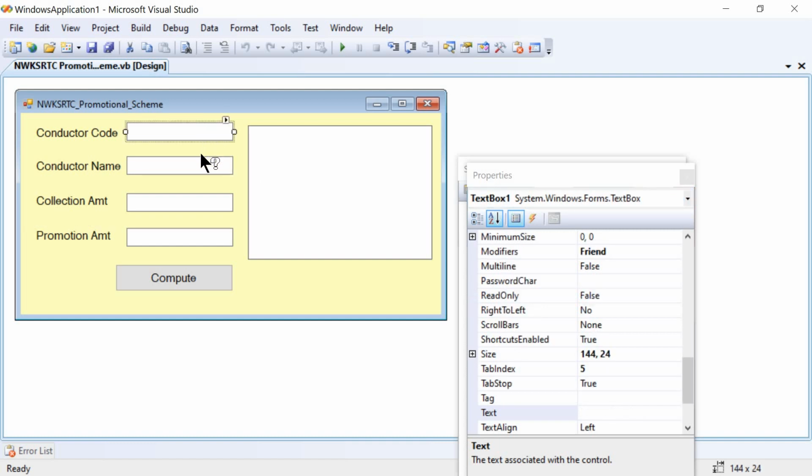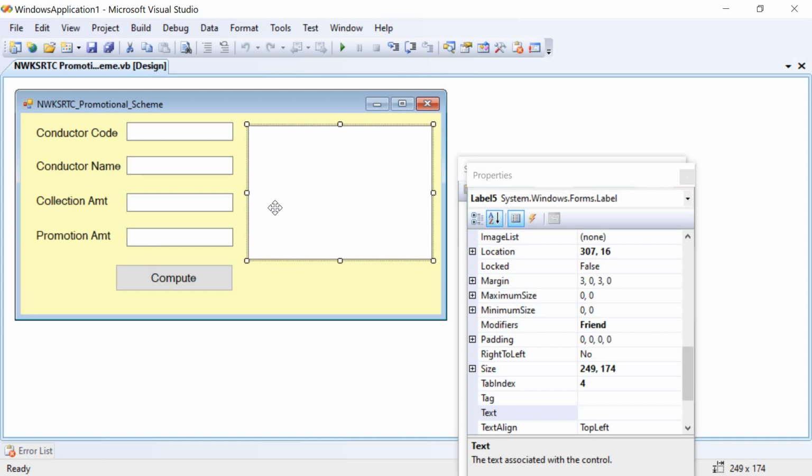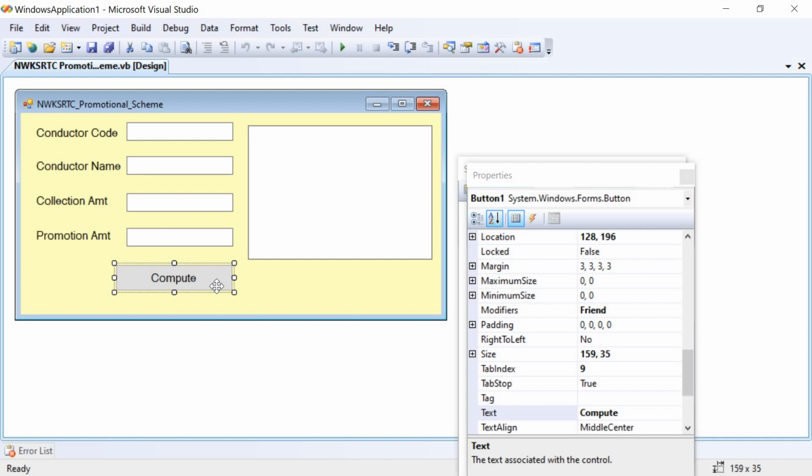Text box 1, text box 2, 3 will go for the inputs. Later we have to display the output. In the same way, in detail we are going to display it in label 5 also. And we have taken only one button here, that is compute. Let's see the properties table.